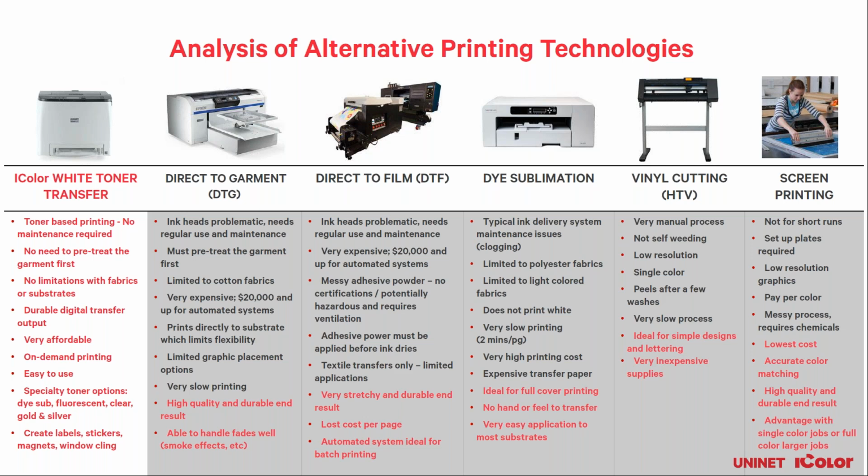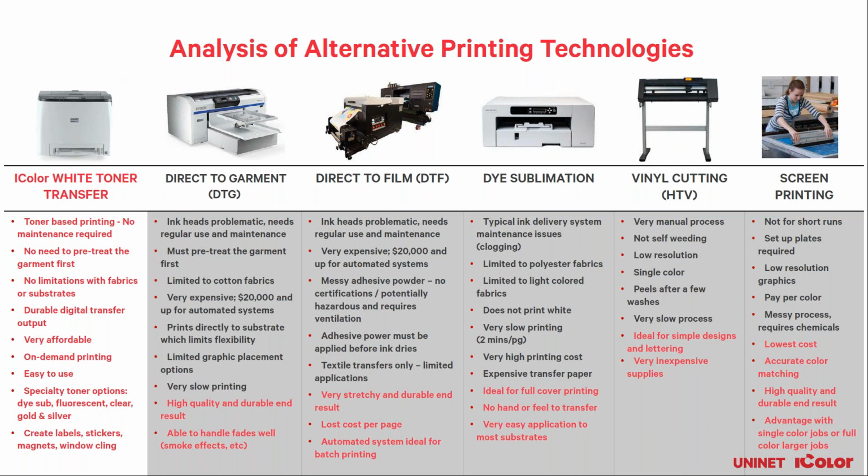With white toner printing, with garments, there's no need to pre-treat. You can print and press onto cotton, poly, and all different types of fabrics within that range without pre-treating at all. The only thing that you have to pay attention to is the heat from the heat press. You don't want something to scorch, and you have a lot of flexibility in terms of how the heat is applied. The transfers are very durable.